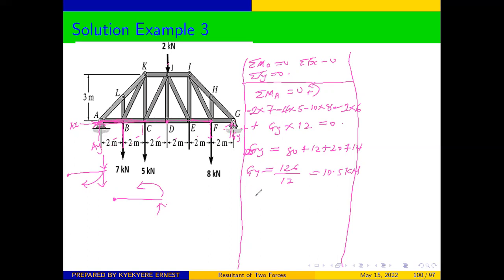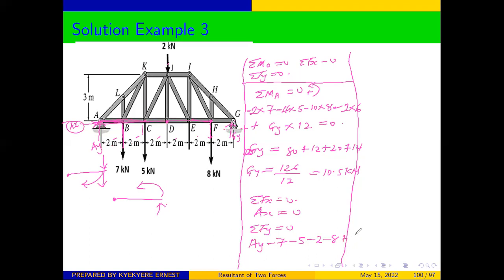From there, we can get the sum of Fx is equal to 0. We only have one x, which is Ax. Therefore, we can say that our Ax is equal to 0. And then we can write for y, sum of all Fy is equal to 0. And from there, we can see that Ay, which is moving upward, and so it will be positive, minus 7 coming down, minus 5 is also coming down, so it's negative, minus 2, which is also coming down, minus 8 coming down,